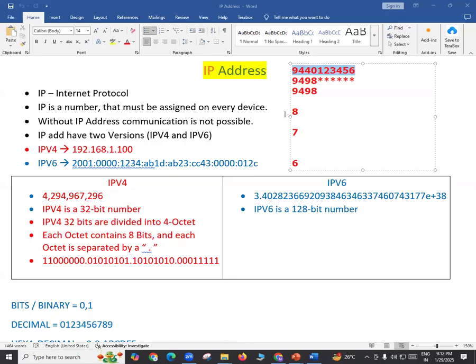In IP version 4, we have some numbers. Whenever a company is using the internet, or running some application over the internet, that application needs one public IP address. I repeat, that application needs a public IP address. Once a company takes a public IP address, that IP address is registered for that particular company. So in IP version 4, we have limited numbers, and those limited numbers are nearly over.